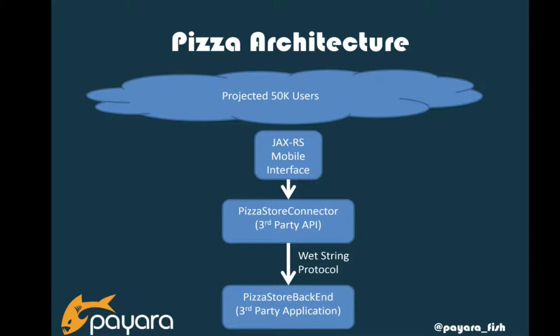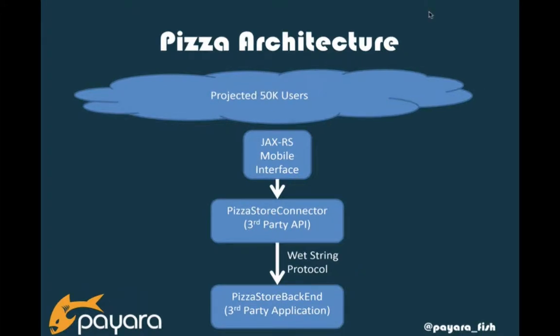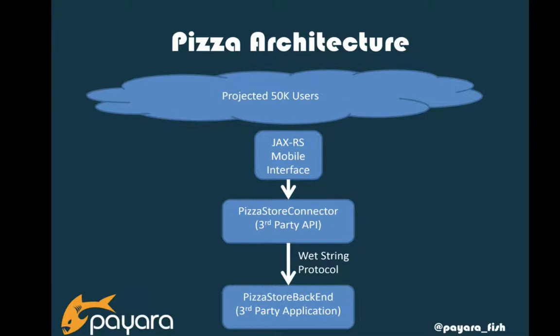This will talk to this third-party pizza store connector API, which unfortunately for you is using the sort of wet string protocol to talk to the pizza store backend. So it's not the fastest thing in the world. And you as a developer have been tasked to make this support 50,000 users